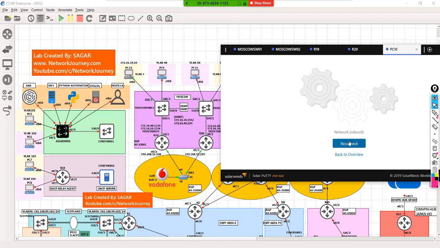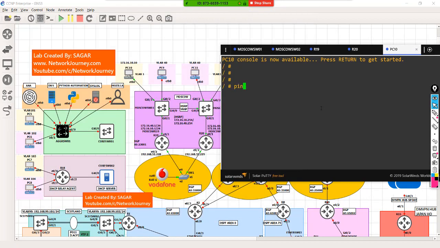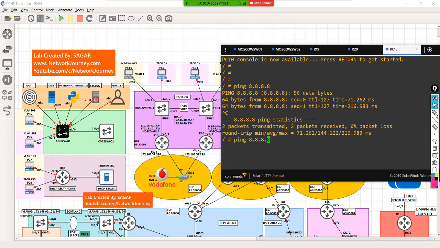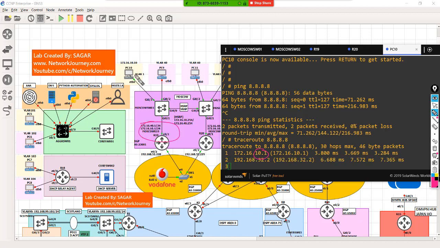Okay, so let's give a test. Let's ping one of the IPs. I have reachability. Let's check which direction this packet is flowing. So it's taking 10.1. 10.1 is nothing but over this. Okay, so your packet is flowing across in this direction. So that is a known behavior. The reason is this router is acting as active at this moment, because of the 110 priority that we configured here.